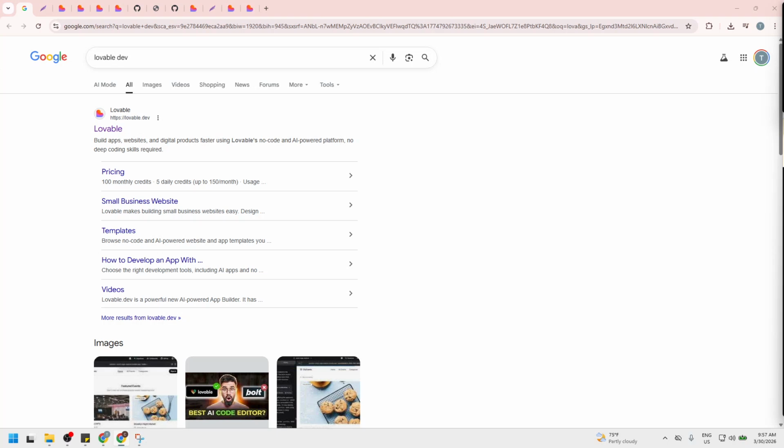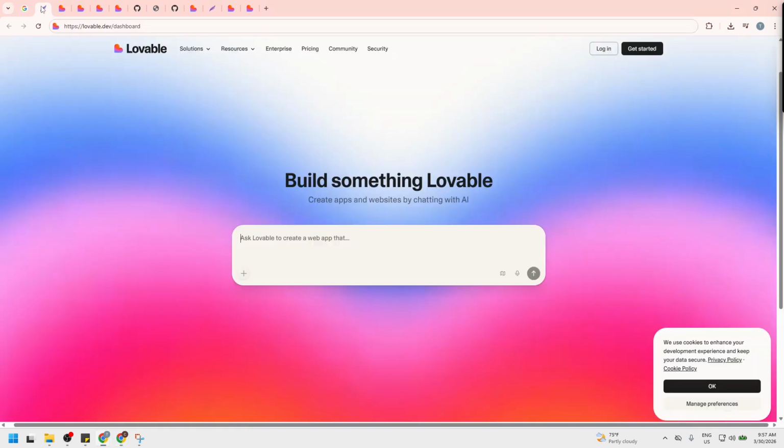In today's video, I'm going to teach you how to download Lovable Dev code. Start by opening your favorite web browser and searching for Lovable Dev. You're looking for the official Lovable Dev website in the results. When you click through, make sure the branding and layout match what you expect so you know you're in the